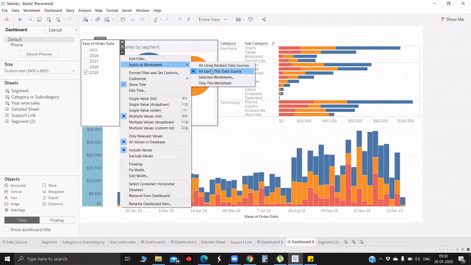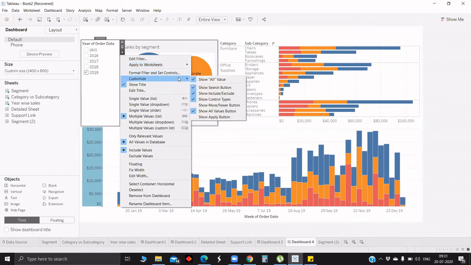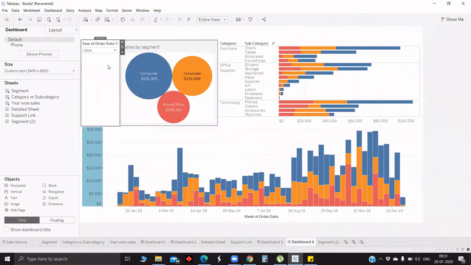So these are the shortcuts we have outside only. There is no need for going to the sheet and right clicking and giving apply to all using this data source. And also we have similar options like how we used to have in the filter pane in the individual sheet. I think Akhil has covered all these in his response. Maybe here I will try to say what features we have in the dashboard once we add a filter. Similar to the features we have in the individual sheet, we have all the features.